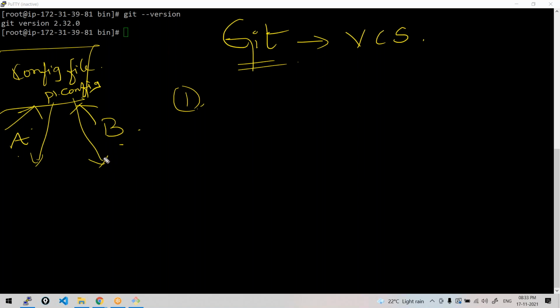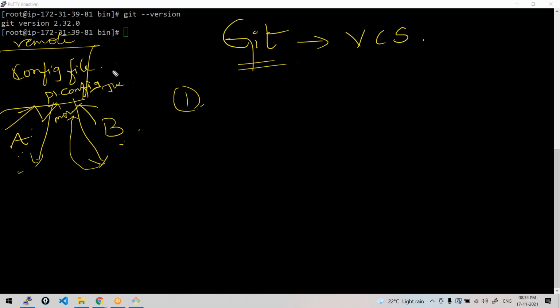Both A and B got the files to their local computers from this remote location where it was shared with all the users. Now A made some changes and put this file back on Monday. B also made his changes and kept this file back onto the remote location on Tuesday.